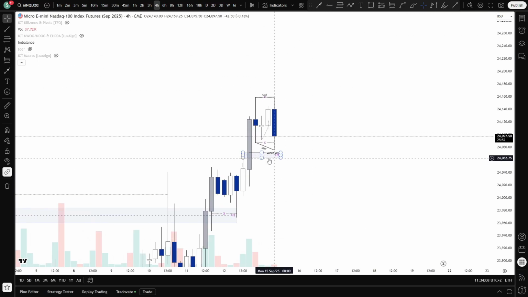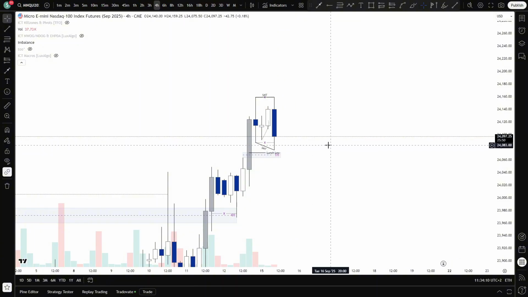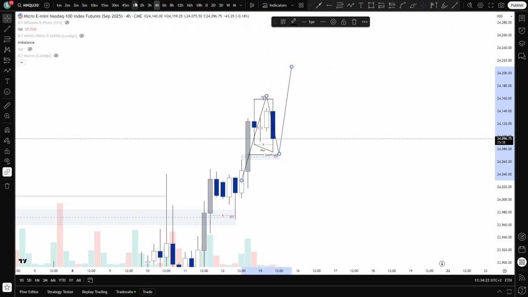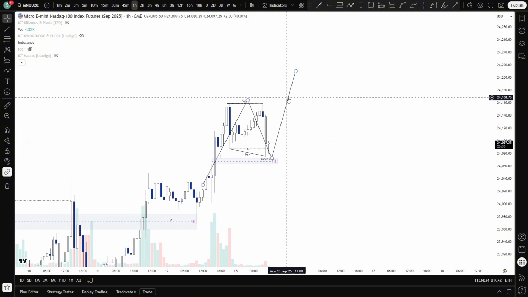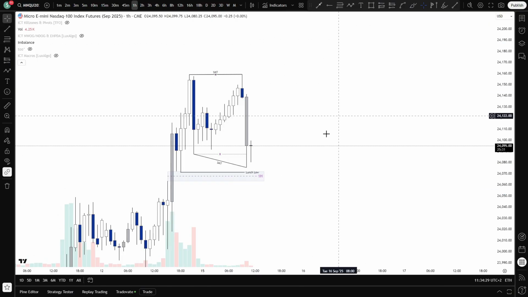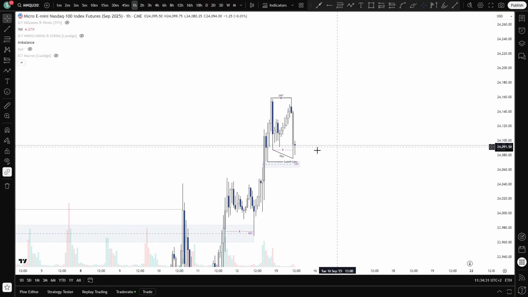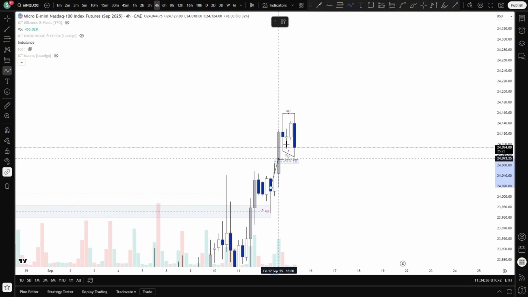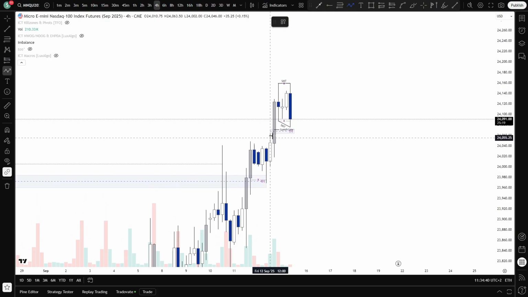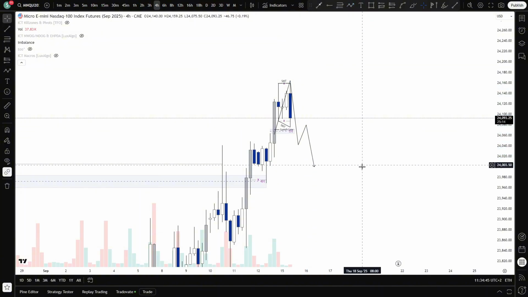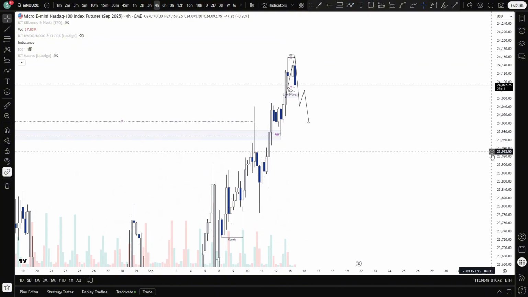Apart from this 1 hour, we already tested into a 4 hour, so there are more confluences if we're gonna manage to hold this when we put in a nice low on the 1 hour time frame, just like we put in a nice high right here. So taking out this low would be nice. Of course we don't have to, we just wait for local confirmations, but we tapped into this 4 hour PD array that can bring us towards new highs. If we can't hold this 4 hour PD array and we're gonna close below it, we can use it as a bearish PD array to trade towards new lows.